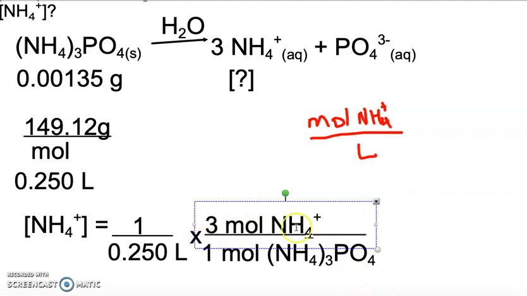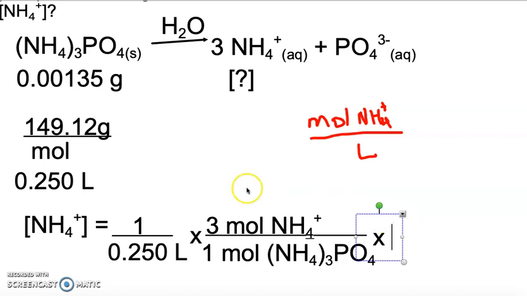All right, so now we're making some progress, right? We have the moles of NH4 plus, we have the liters. Those are the 2 parts that we want. Now we need to start getting rid of stuff. So we need to get rid of this moles of NH4 3PO4. How are we going to get rid of that? Well, we have that over here, right? We have moles of NH4 3PO4 and the molar mass of it. So we're going to take the molar mass. We are going to flip it so that the moles goes on top, right? And we're going to write moles